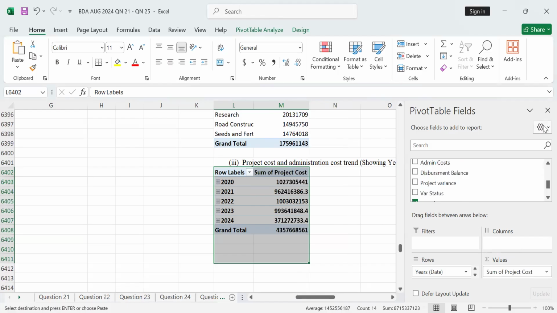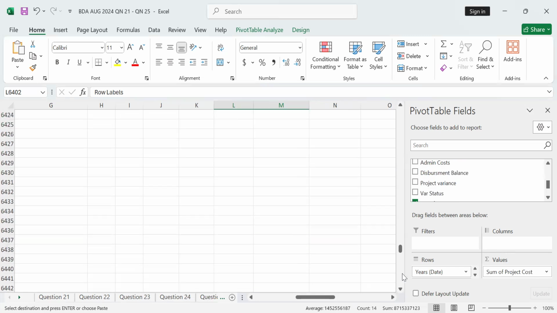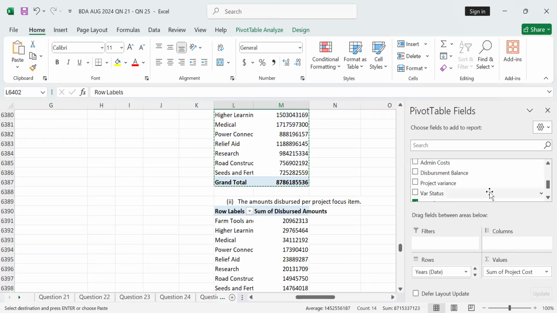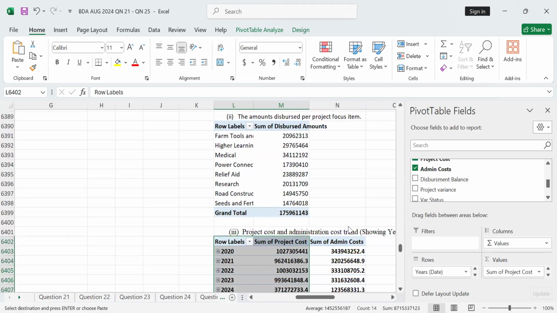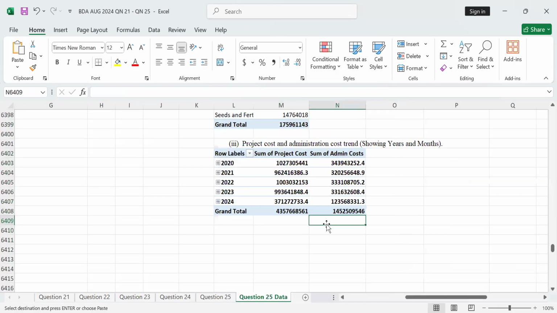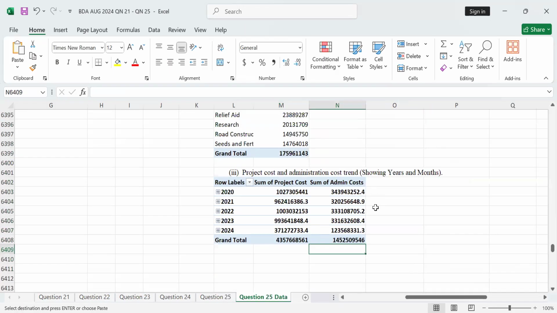Oh hii haijatokea. So ama una click tu. Let me just click there. Hivyo. Itakuwa imetokea hapo. Sawa sawa. So in our case, we want them per date. Remember showing the years and months. So hapa utakuja ukiklik